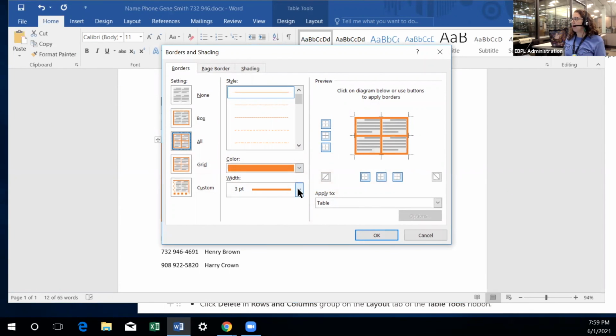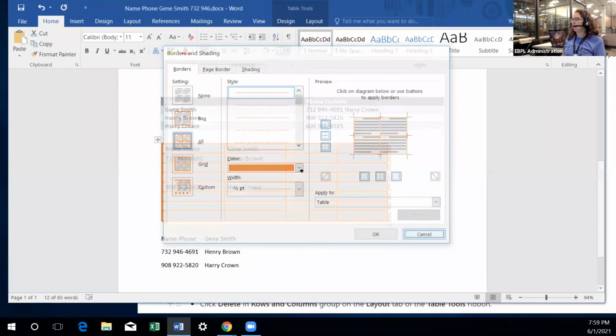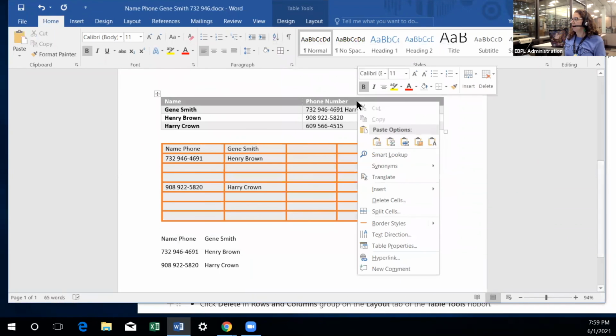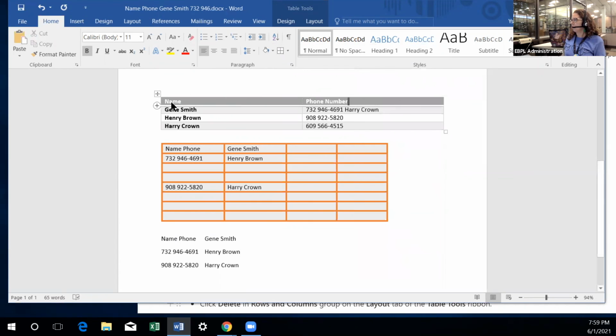This is where I like to choose to work with borders. So I'm gonna go here on home, and go here on the grid,